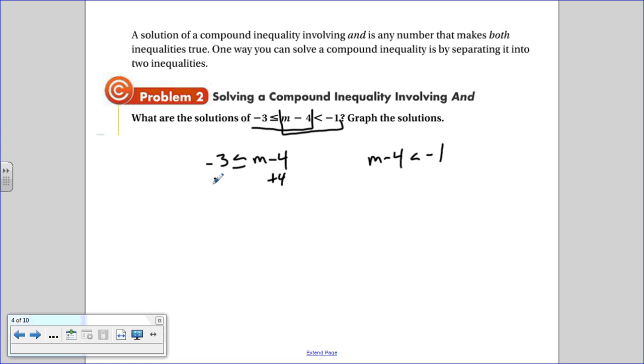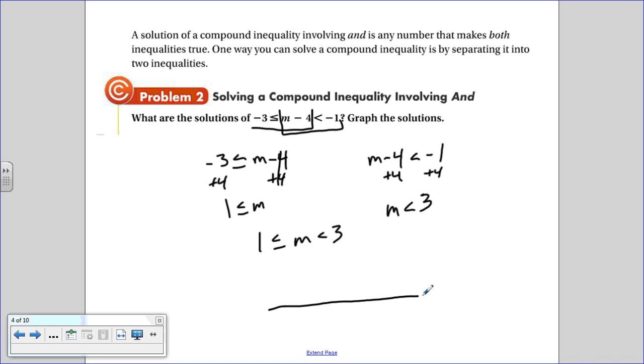So we add 4 to both. And we have m is less than or equal to 1. And over here we add 4. And we have m is less than 3. And now we can bring them back where m is greater than or equal to 1 and less than 3. Okay? And then if we graphed it,